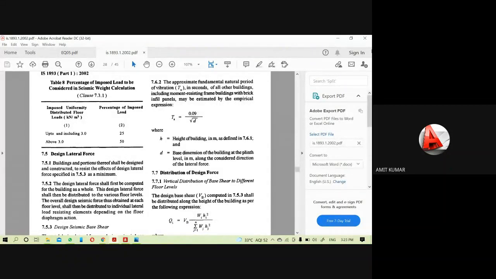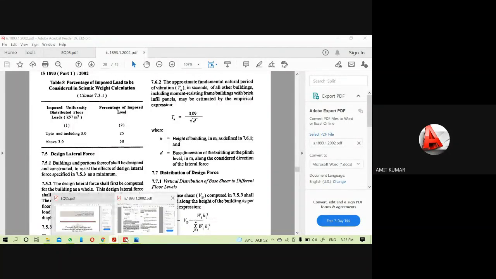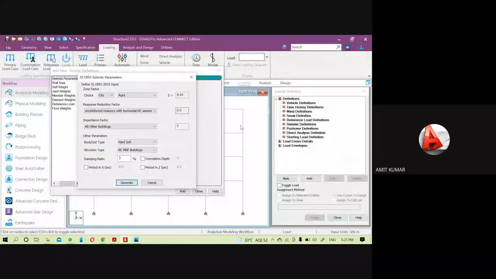Okay, because according to my current project, we have different D values along X and Z. So either calculate this manually and put it here, or let the software calculate it. That means don't put any value here. The software will calculate it and give you this period in the output. So here I'm not going to put any value. I will just add it.